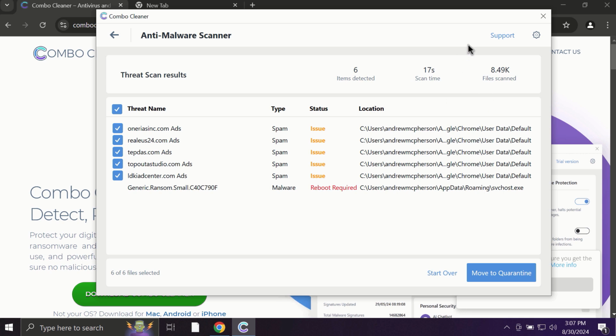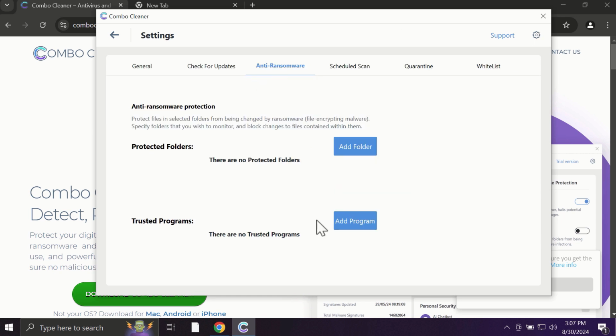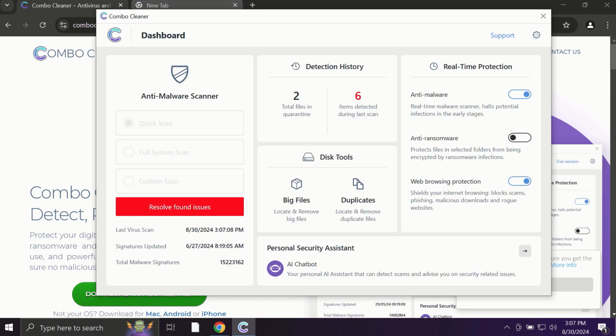threats. Some threats can be removed manually, but definitely I recommend you to consider upgrading to the premium license. With premium license, for instance, there is an excellent anti-ransomware feature which helps to always keep your data protected. You can add certain folders on your system, and the contents of these folders will be always under the protection against ransomware attacks. And Combo Cleaner works extremely and exceptionally well when it comes to identifying contemporary threats like adware,